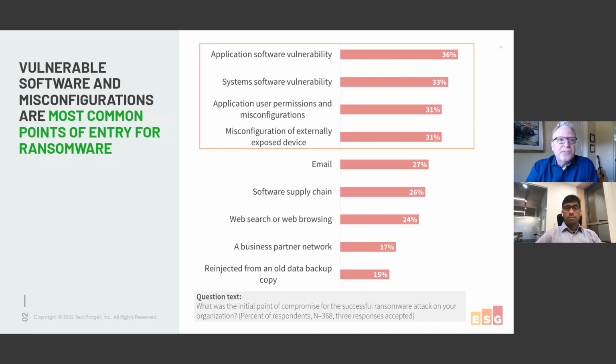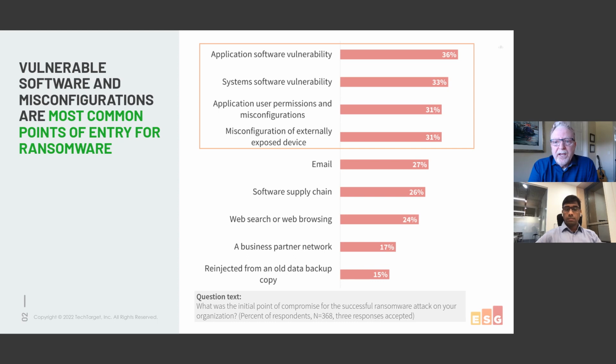And in fact, from some recent research that I just wrapped up over the course of the last month, we found that the initial point of compromise for ransomware attacks, the most common entry point, was in fact through vulnerabilities in the infrastructure, whether that's application or system vulnerabilities, misconfigured application or user permissions, or misconfigured externally exposed devices. So given that vulnerabilities are the top entry point for cyber attacks,